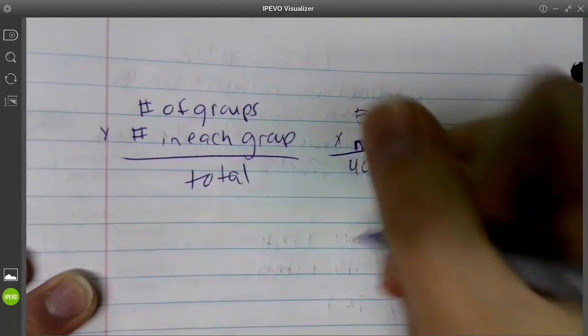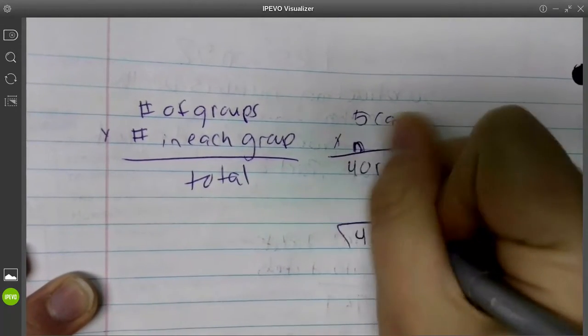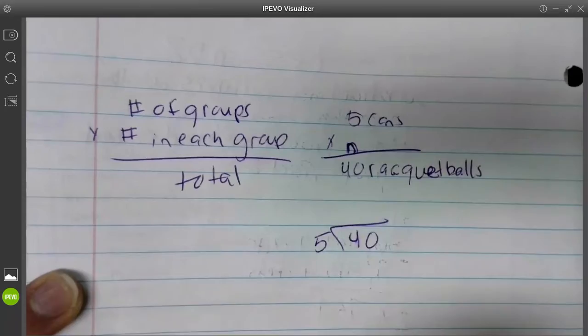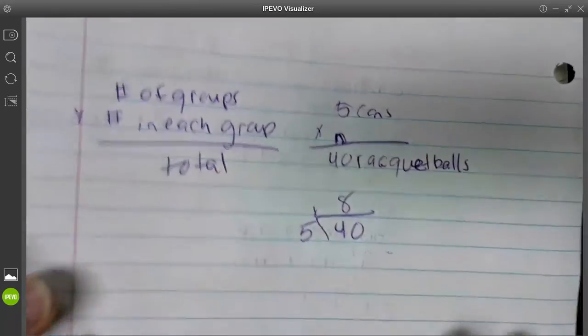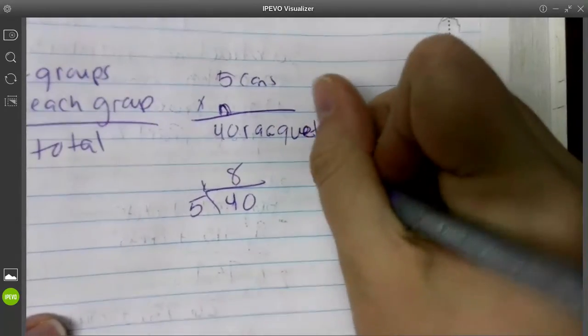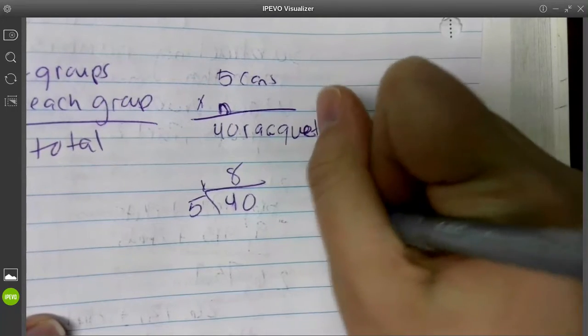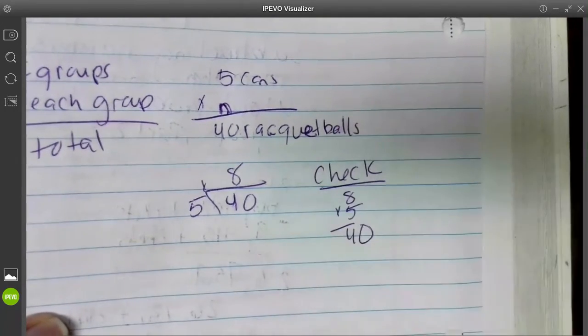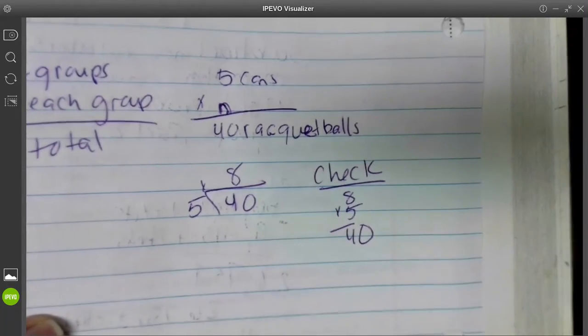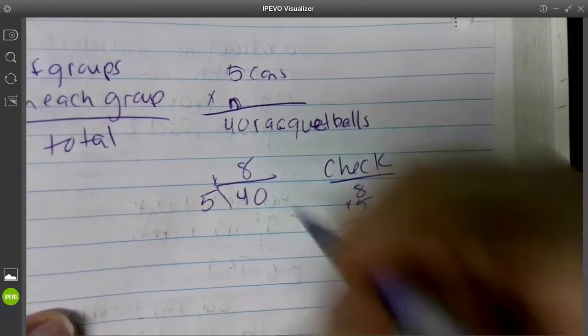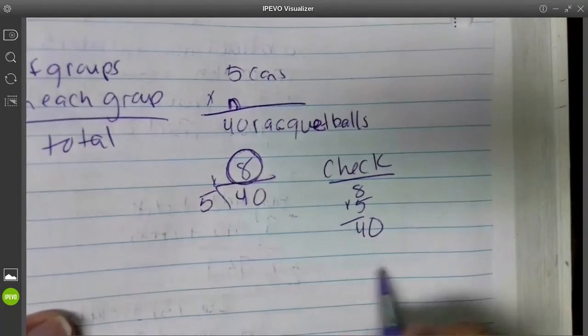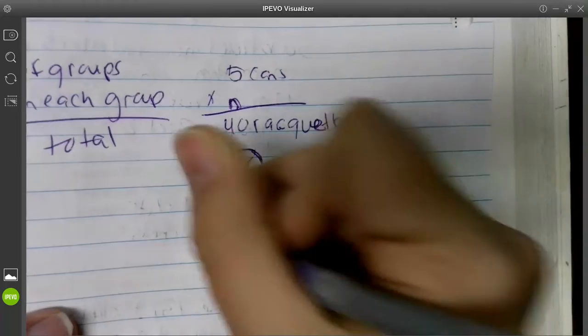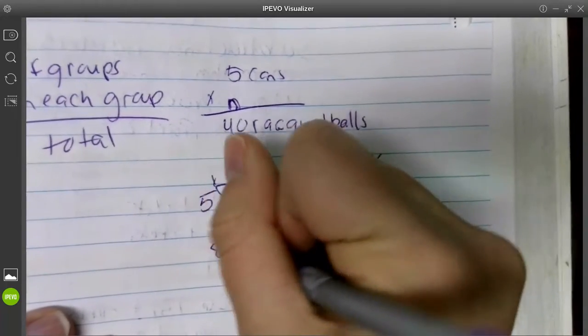Okay, so we can take 40 divided by 5. That's going to give us 8. And then we check it just to make sure. 8 times 5 equals 40. The question says, how many racquetballs are in each can? So we have to remember, this is the number we were looking for, not this. We already had that. So then we would say 8 racquetballs